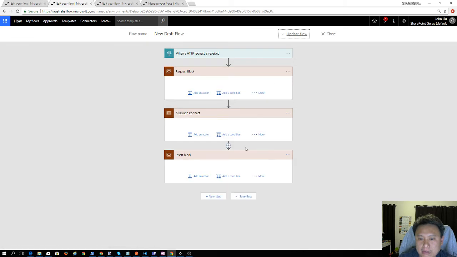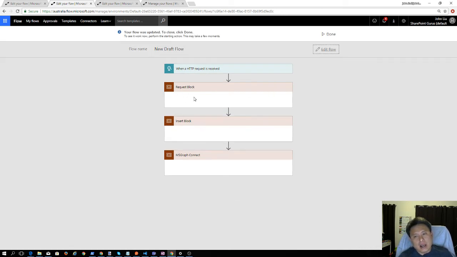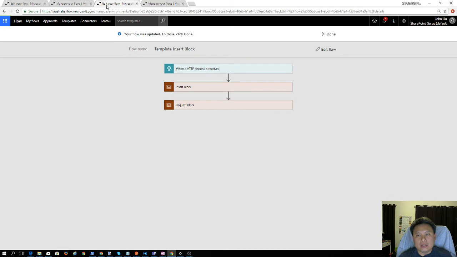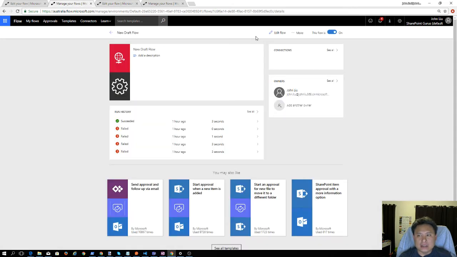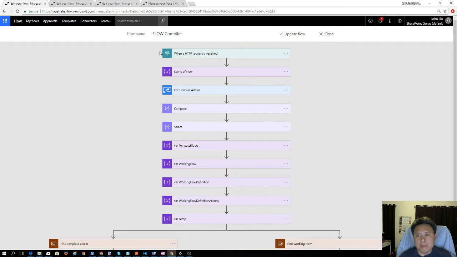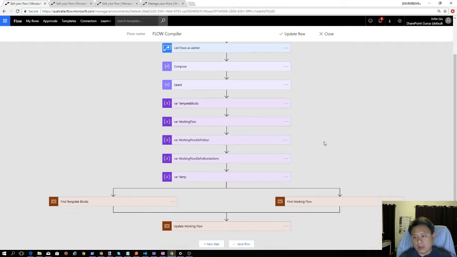So I may set it up. In fact, I might move it around. Let me do the graph one last. Yeah, let me just shift the order around a little bit. Okay, so I want these to be filled with the flow actions I've defined elsewhere. So you see I've been testing and it's been failing, but now it works. It works now. So these are my templates. This is the flow I actually want to build. So currently it's empty. This is called the new draft flow, and then this one is my main running flow. And I'll